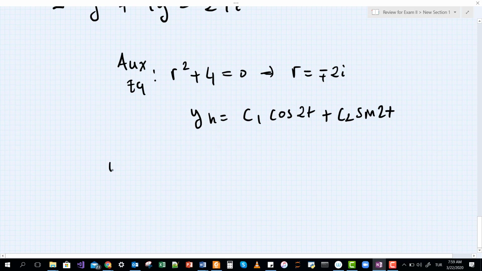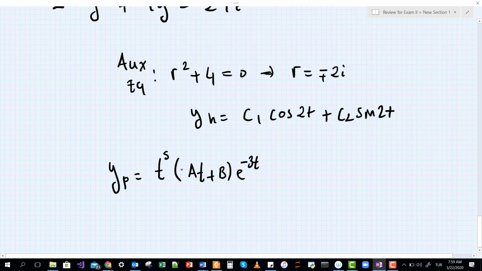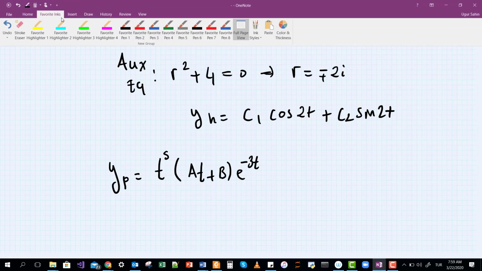I need to choose a particular solution based on what I have on the right hand side. What I have on the right hand side is a first degree polynomial. That's why I'm going to have a first degree polynomial. I also need to put my exponential function, but I'm going to ask if I need this extra term. To determine my extra term,